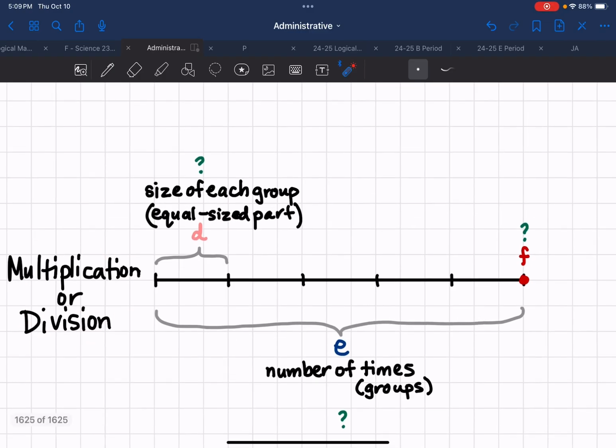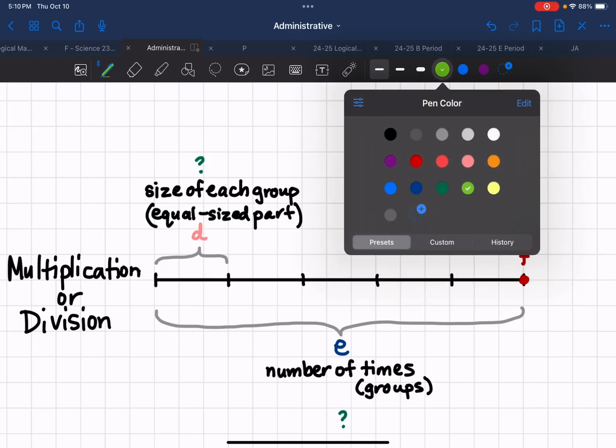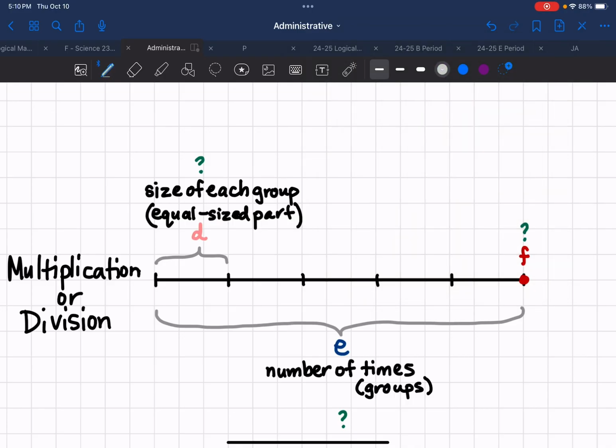All right, let's talk about what multiplication is. So let's start out with just an example. I'm going to do this in a different color. Let's do this in a light gray. All right, so say we have 3 times 5. Well, 3 times 5 means, or is defined as,